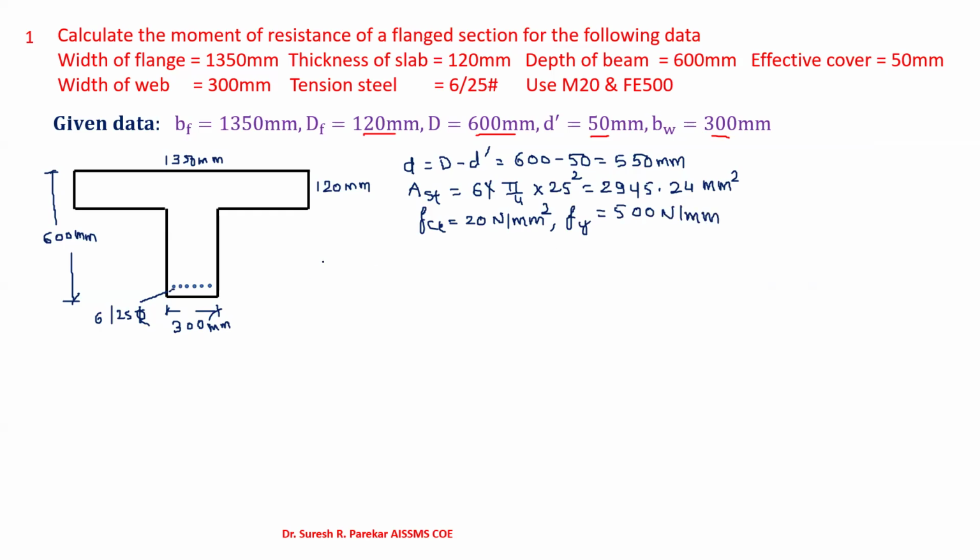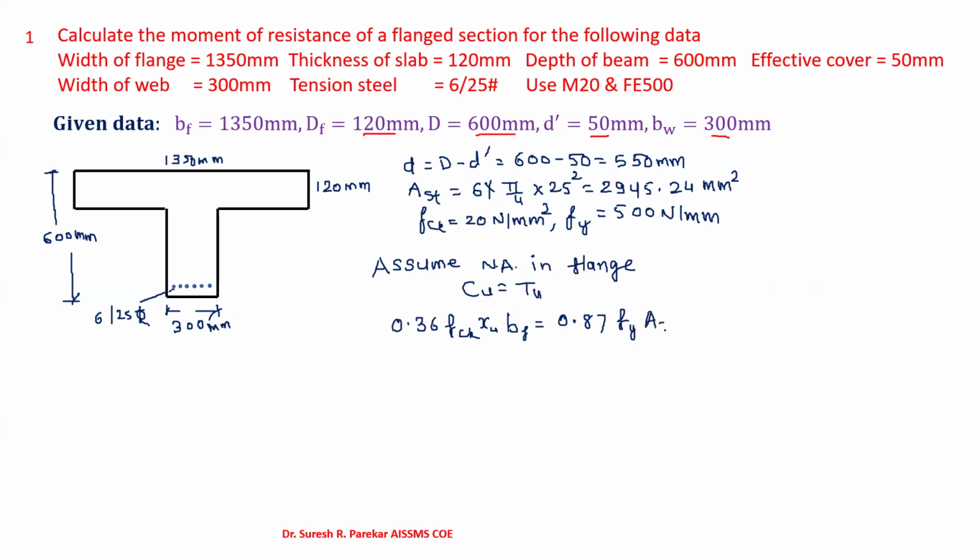Now we have to go for analysis. Whenever we solve a flange section, assume the neutral axis in flange. And then we have Cu equal to Tu. And we will get 0.36 fck xu bf, which is equal to 0.87 fy Ast. And when we put these values, we have 0.36 fck is 20,